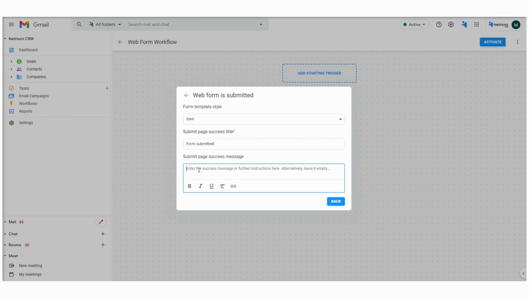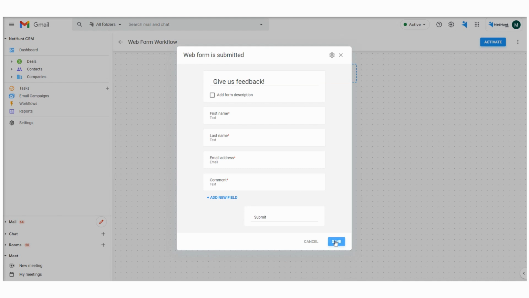Also, the title of the success page, which submitters will be redirected to upon form submission, and the message they'll see when they get to the promised land. After you've chosen your settings, simply hit the back button and then save it.